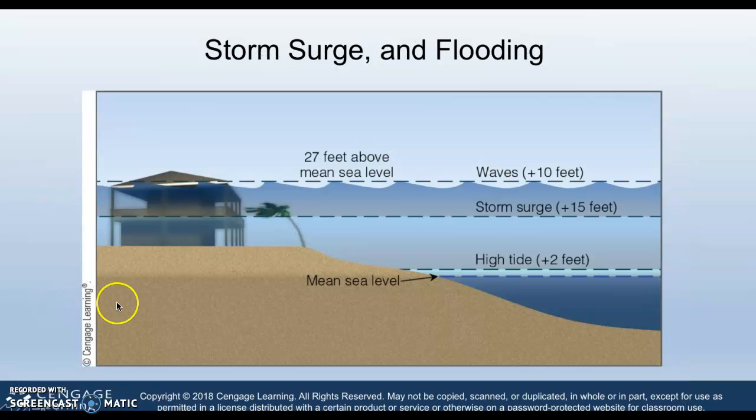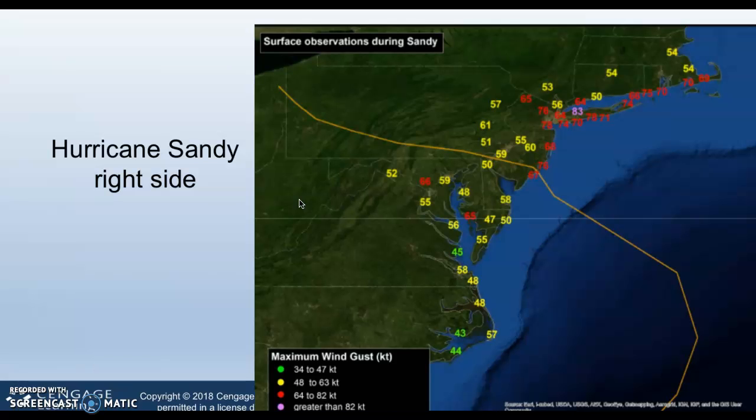So what I wanted to mention is that you have a normal sea level, which can rise at high tide, as what happened with Sandy, which came in at high tide, plus a storm surge on top of that, and waves being driven in on the right side of the storm, and suddenly you have devastating flooding. So I wanted to really make sure that you understood that, and just to prove it to you, look at